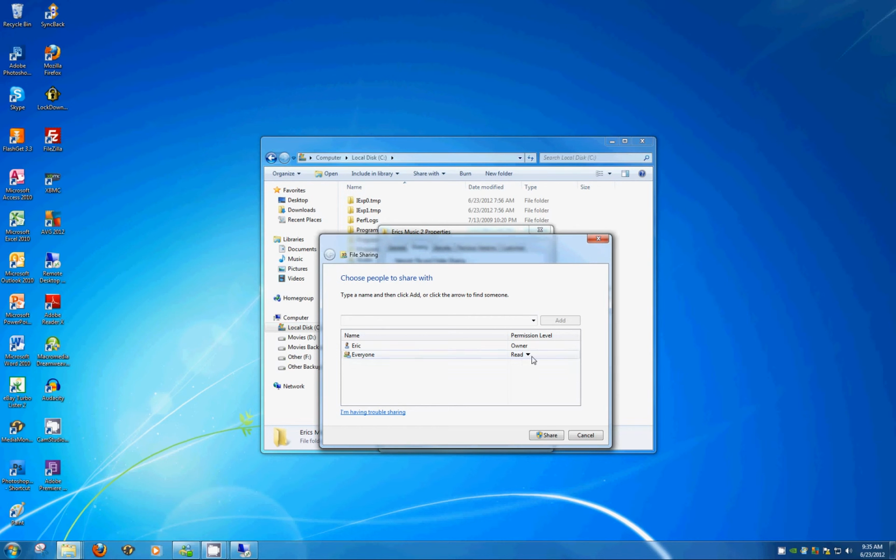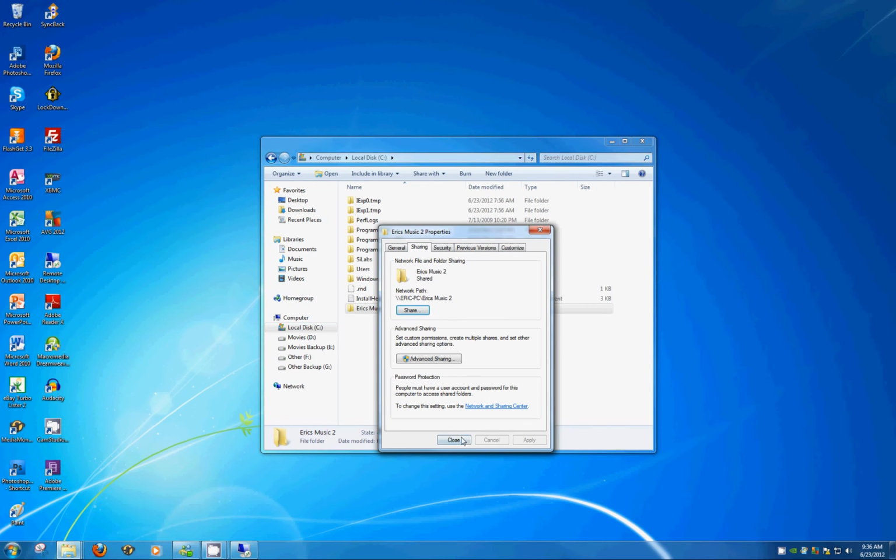So let's change that to read and write. That would give them full access. They can add, update, delete as needed. Once that's changed, hit the share button. Had this been an existing folder with a whole slew of music or documents, once you hit that share button, it could actually take a minute or two to index. But since this is a brand new one and there's nothing in here, it's pretty much instant. And you can see the new share name, or the location on the network, is Eric's computer, Eric's PC, and Eric Music 2 is the folder in question. So you can hit done